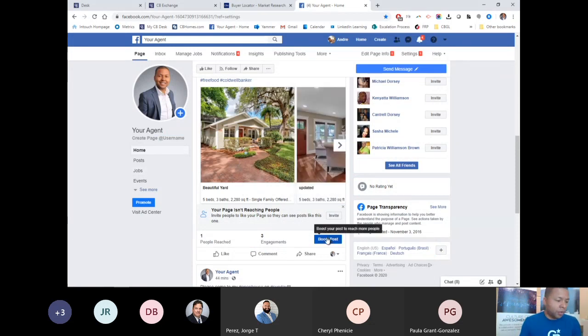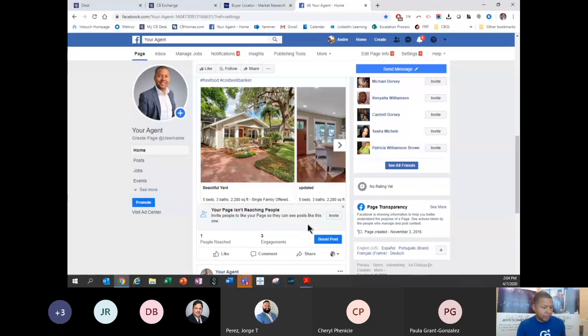So now that's how you basically do the boost. Make sure when you are doing that boost, you do have to select a special ad category, and housing would be the special ad category that you will have to select for that. All right, so with that being said,